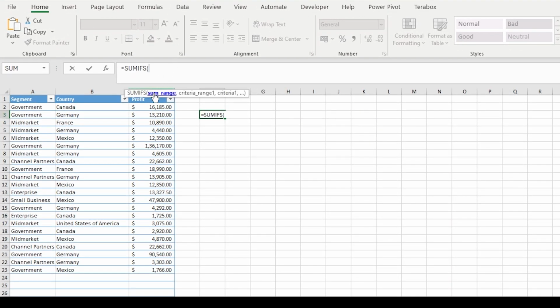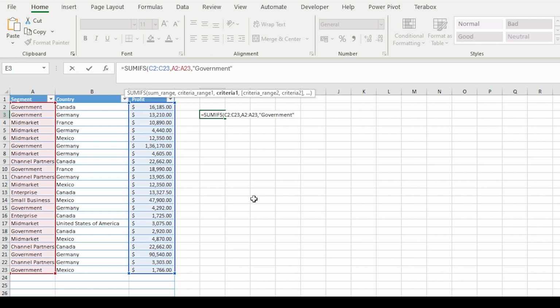Now, if we look closely at the drop shadow in the formula bar, the first input we need to put is the range that we need for addition, which in this example would be C2 to C23. After that, we need to put the range of our first criteria, which in our example would be A2 to A23, followed by the criteria which is going to be government, as we are filtering the data for government in the